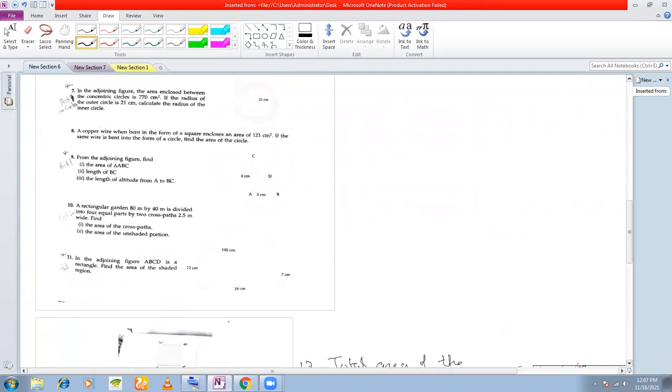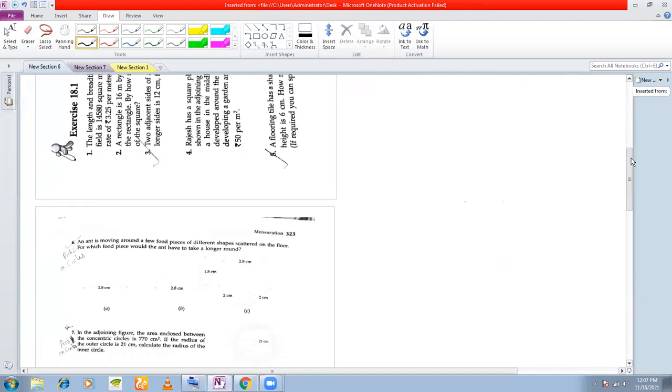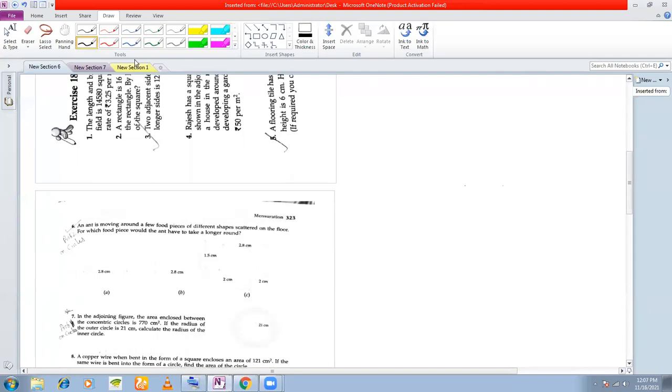Okay. This covers the squares, and squares and parallelograms. Now, what we'll move on to is the area of a circle. Okay, area and perimeter of a circle. So see here, area and perimeter of a circle. Perimeter is also called the circumference of a circle. Okay, so whether you say perimeter or circumference, it's the same thing.